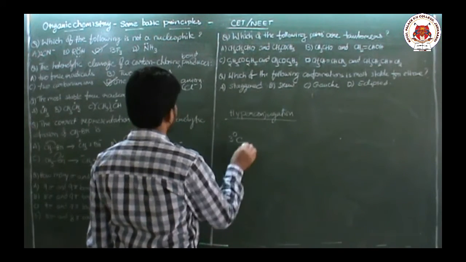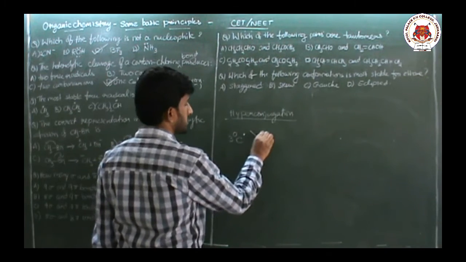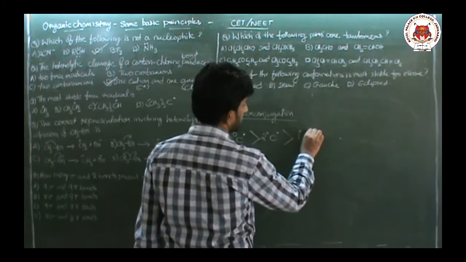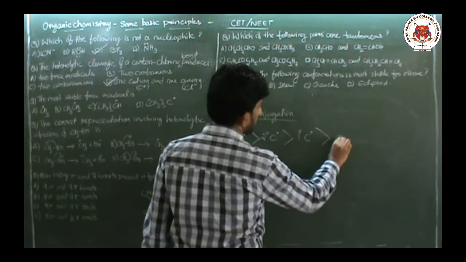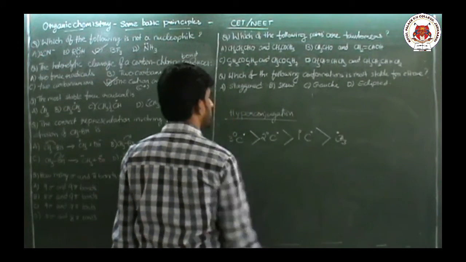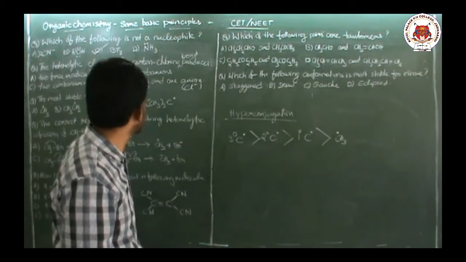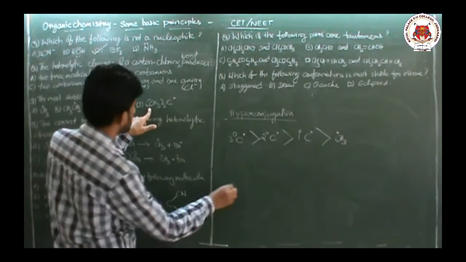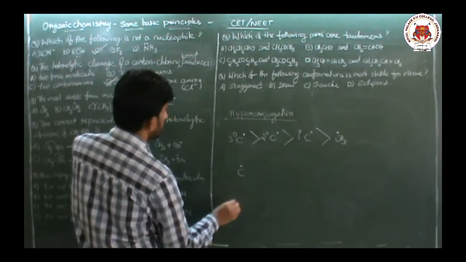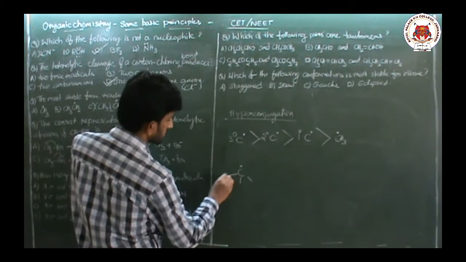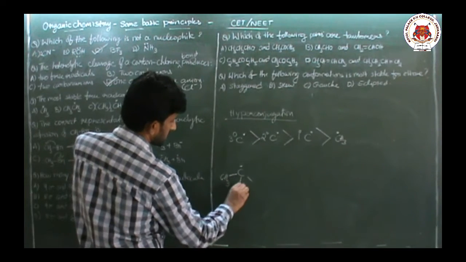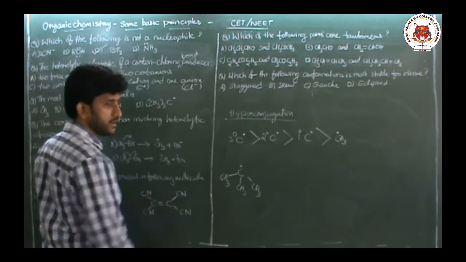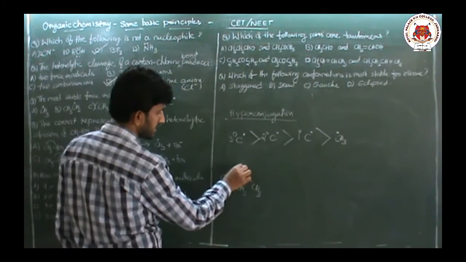Tertiary carbon free radicals are more stable than secondary free radicals, than primary free radicals, than methyl free radical. So this is the order you should remember for stability of free radicals. Now let us look at these 4 options. This one is C with 1 dot, 3 methyl groups are present on it. Which category of carbon radical is it? It is a tertiary free radical.